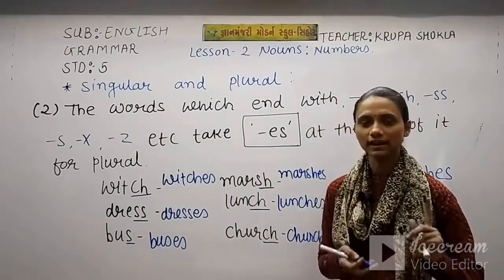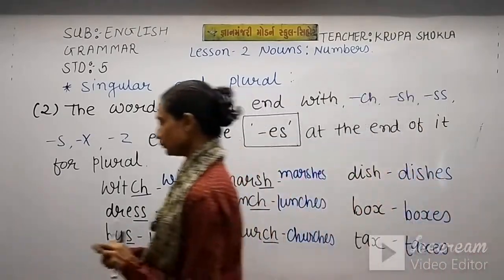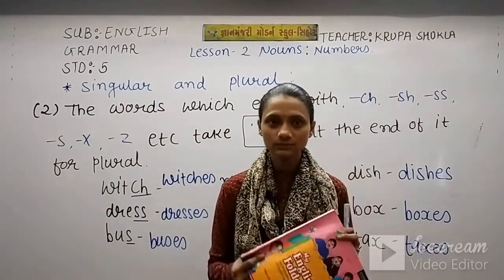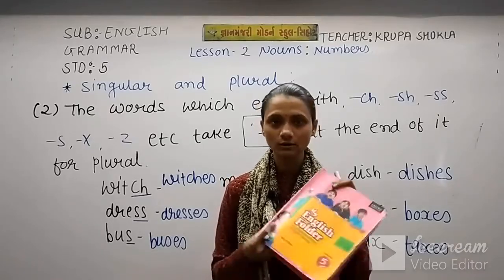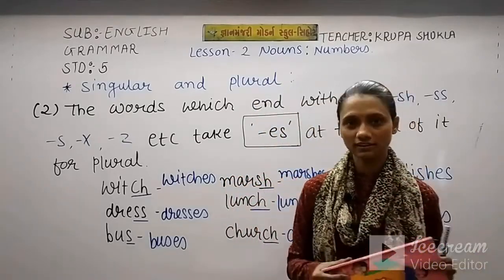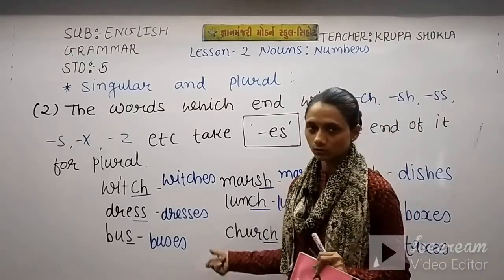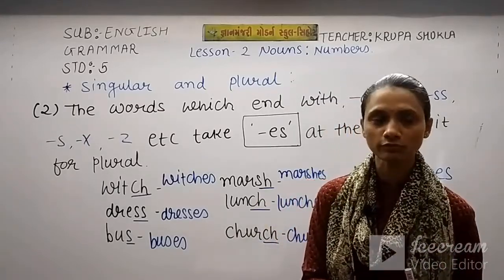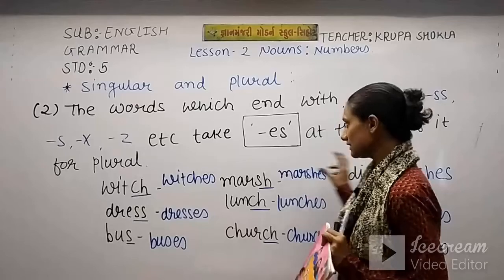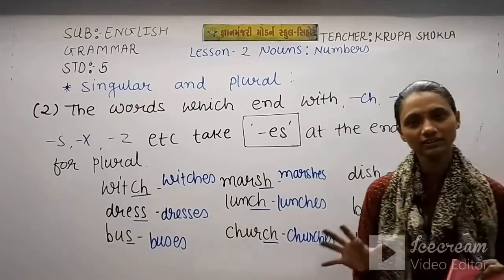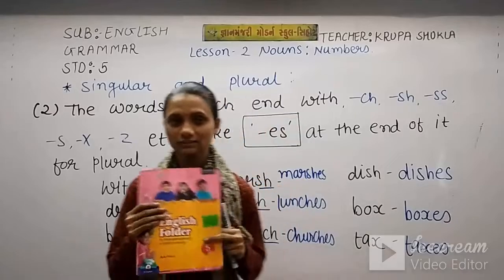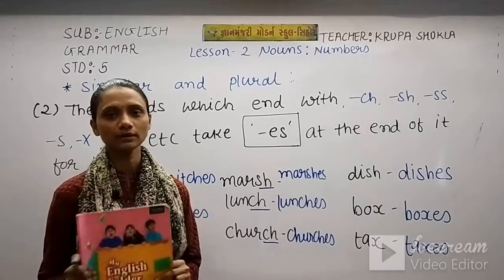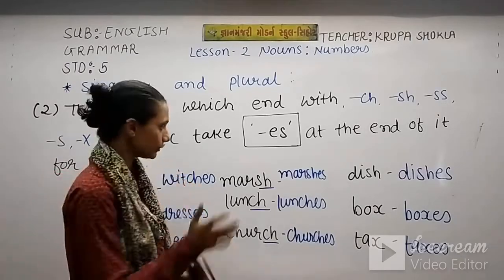You have to make a grammar book along with this book. See, you have this book with you, but in this book sufficient information is not given. Some rules are not given. That's why I am writing all these examples with different kinds of rules here. So you have to make a notebook for English grammar, and all this should be written in that notebook. This book is not sufficient for your GE preparation. So I request you to make a different notebook for GE rules.